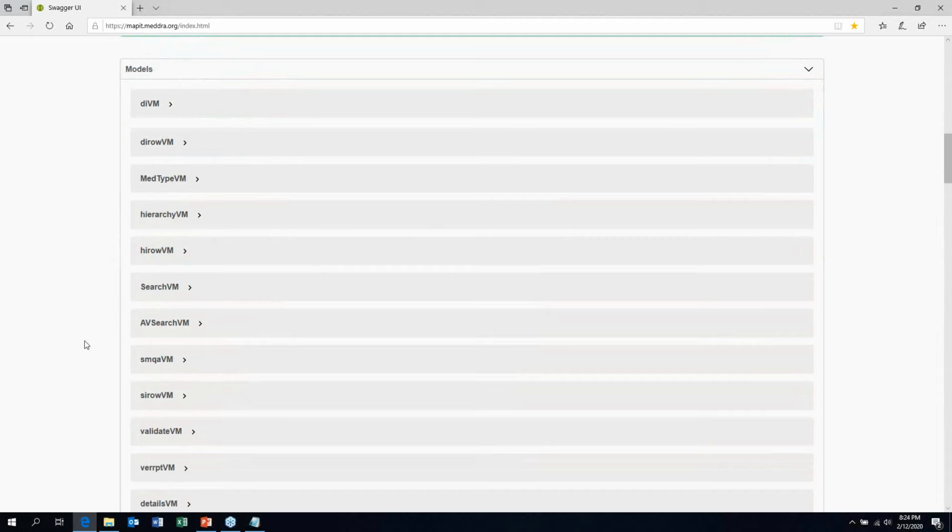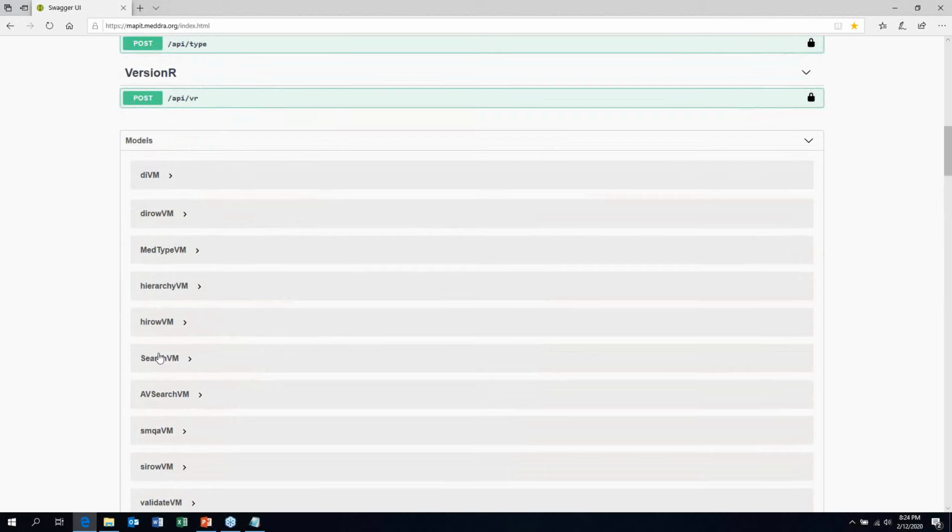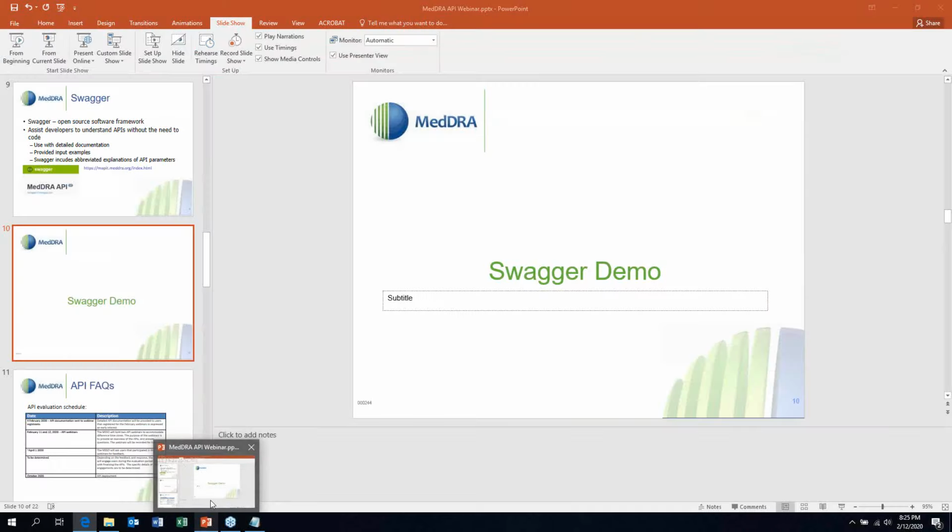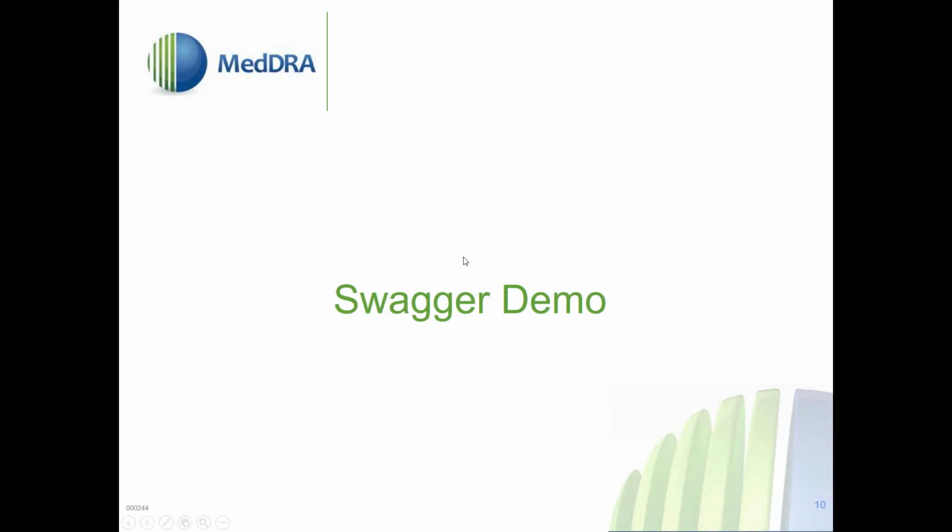So that may be something that could be handy if you want to use Swagger and look at these models more closely. But again, all of the details are also in the programmer's guide. Okay, so I'm going to go back now and continue the presentation.